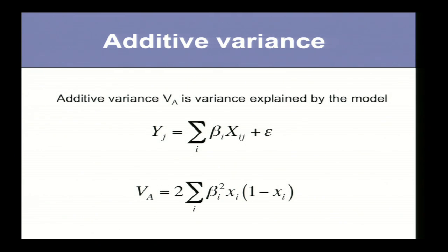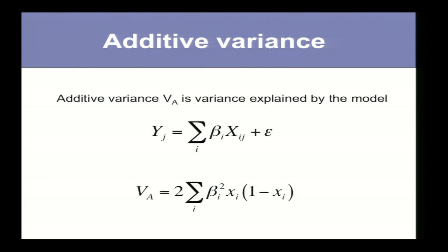So this is my model now. That's a purely additive model. This is a classic model, and there are many more complex models, but this is the simplest version of a linear model in genetics. This is my trait of individual J, and it is determined by the additive action of every locus. Loci are indexed by index I. So this is the genotype of individual J at locus I, weighted by effect size, plus some error term, random noise, environmental, or other variance components which would go here.